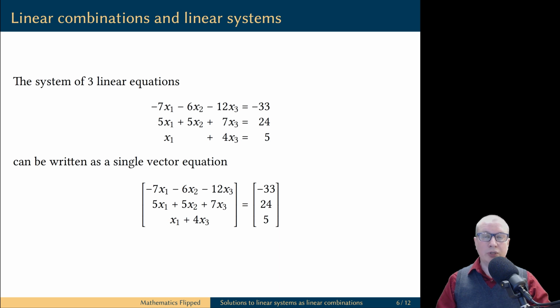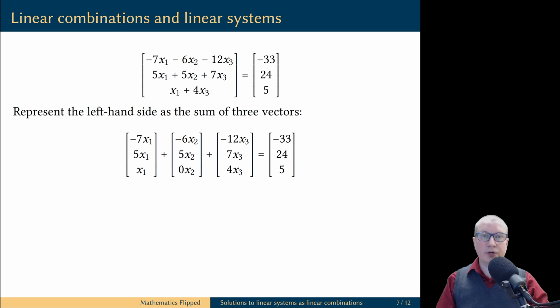Now I'm going to relate the notion of linear combinations of column vectors to linear systems. We already know that we can replace a bunch of equalities in a linear system by one single vector equality. But now we are going to take this one step further. We are going to take the vector on the left of this equality, which represents the left-hand side of the linear system, and we are going to split this vector into addition of several column vectors.